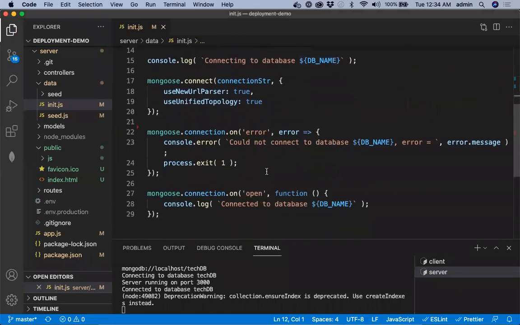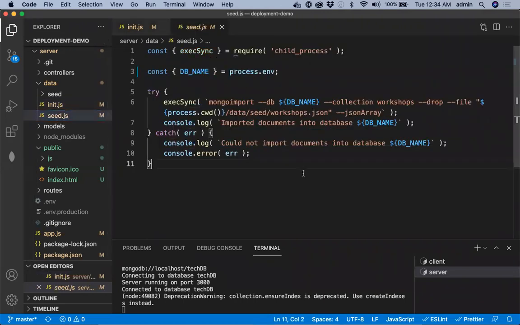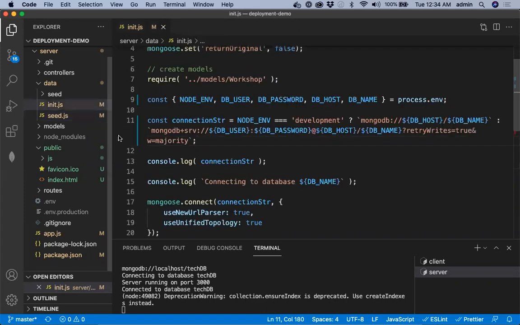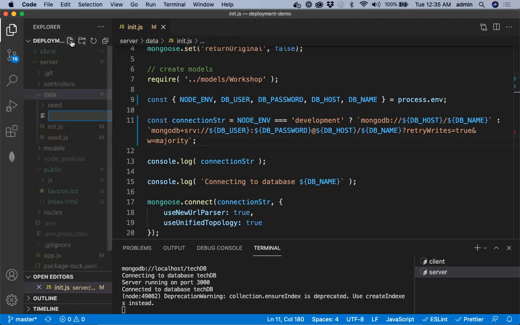So once we have this, we can also make a similar change in seed.js. Actually, to import the initial set of records to our online Atlas database, we'll create a separate script just for ease of use. I'll just make a note of it in a seed.production shell script,